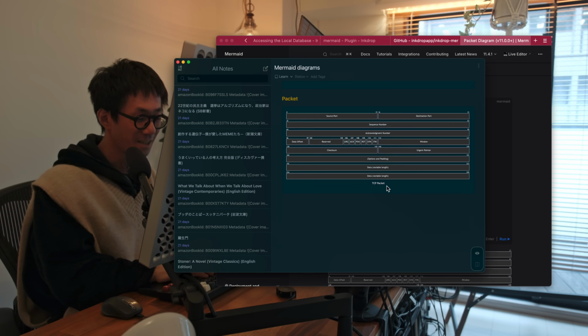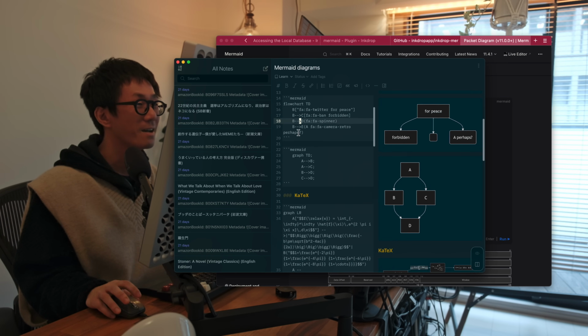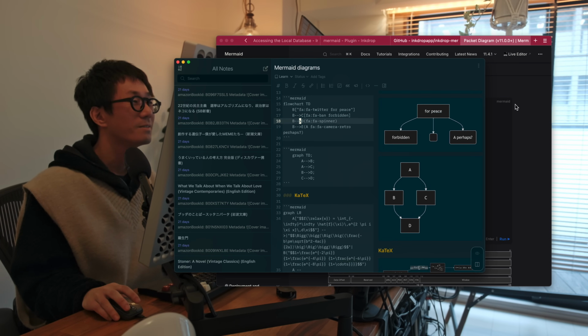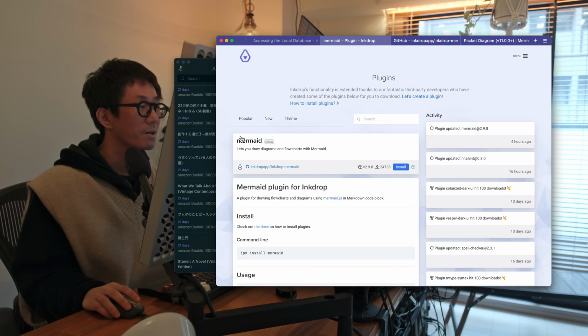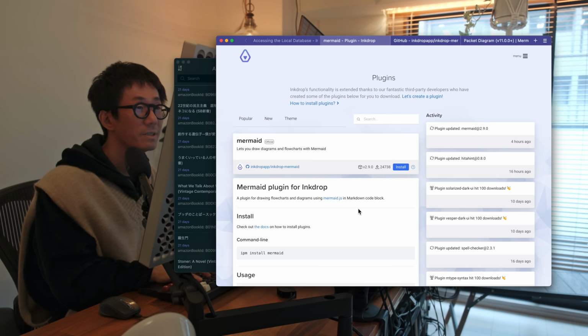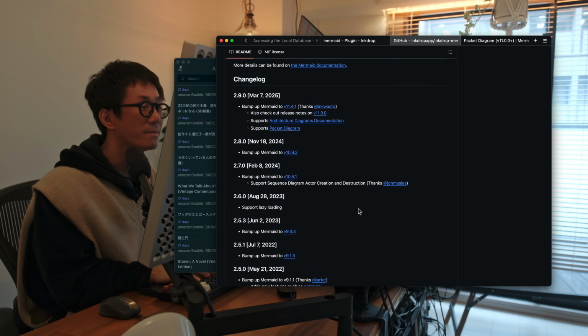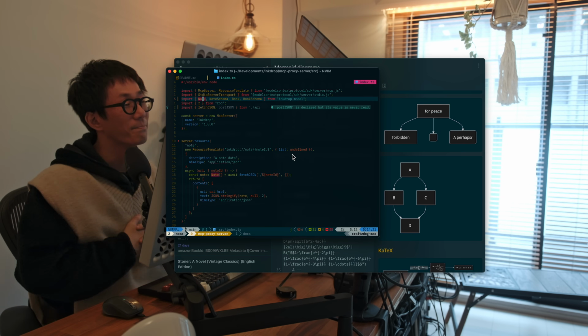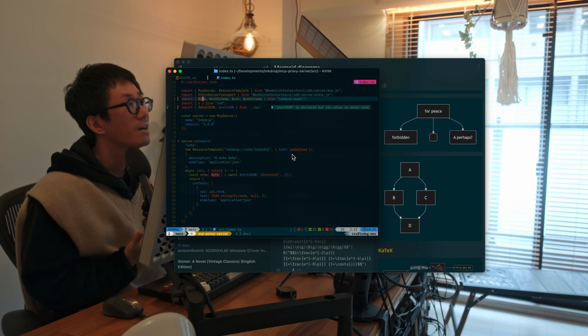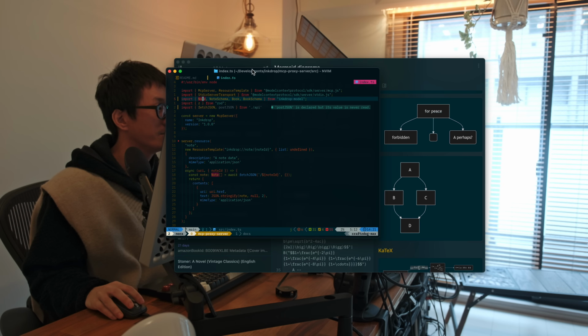Yeah, it is interesting. So please try it. You can install the plugin by the install button here. Yeah, pretty cool. So next, I'd like to work on an interesting work, but that is